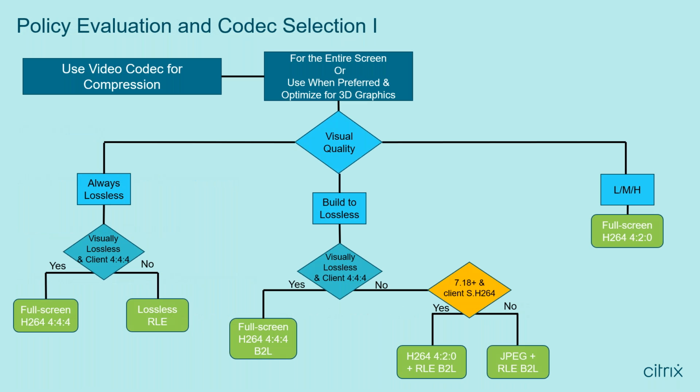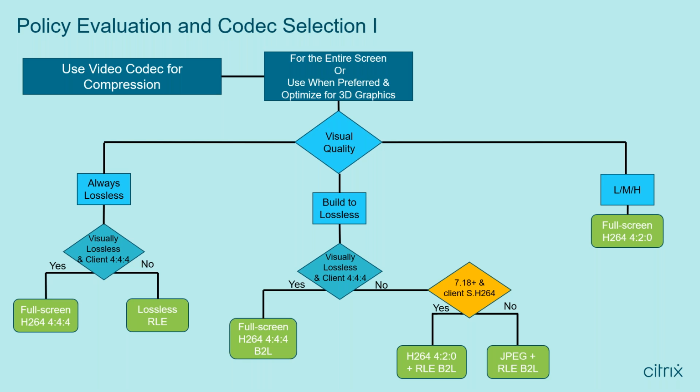So we start with the policy use video codec for compression and configure it to for the entire screen or use when preferred. Next to that, we also enable optimize for 3D graphics workload. So these 2 settings are clear. The next setting we configure is visual quality. Inside visual quality, we then select always lossless. We will result